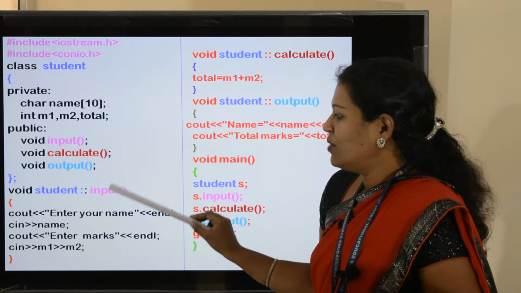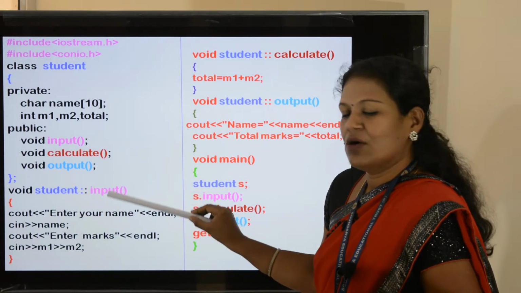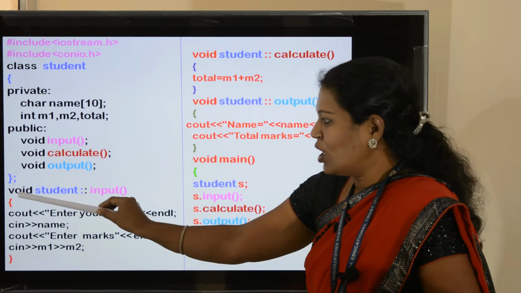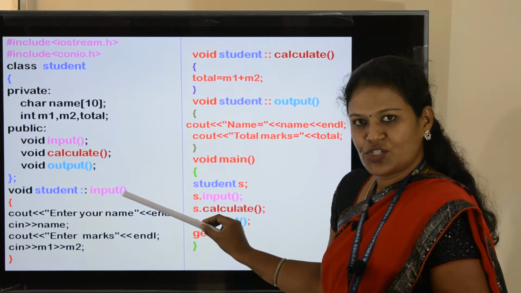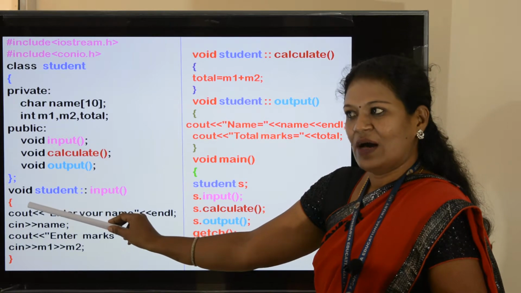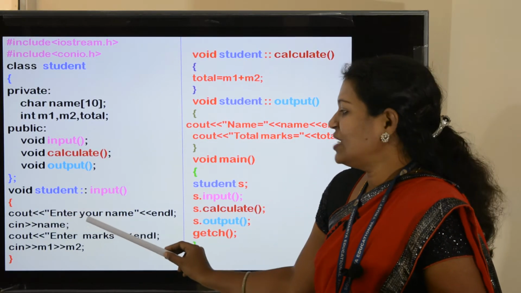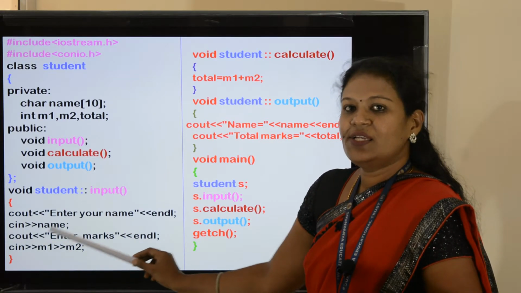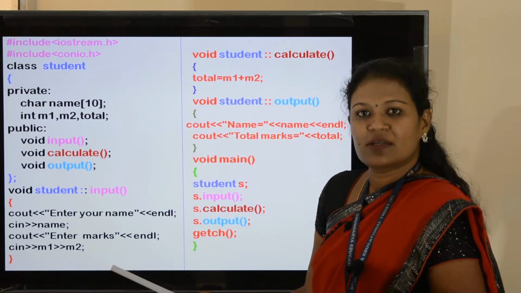Next we are going to start with the member functions outside the class. So void student scope resolution operator input function. Then open the flower bracket followed by the output statement. Cout enter your name. Cin name. Next is cout enter marks.